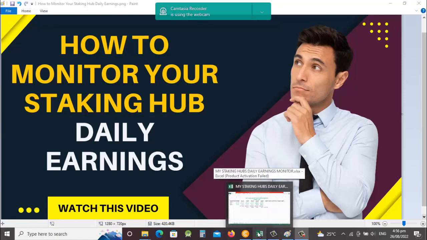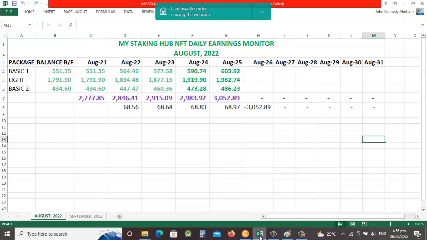Unfortunately, I just started recently, just this month on the 21st. It just occurred to me to start tracking the performance of my staking hubs by monitoring and tracking the daily earnings as they drop. And so I just created a spreadsheet, Excel spreadsheet, and so that is it. So when you come here, you can see my earnings. So you can see I have